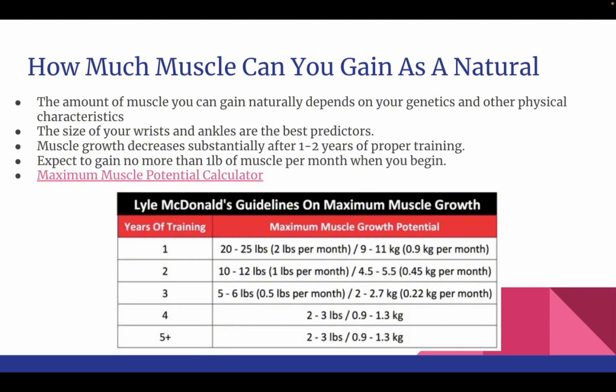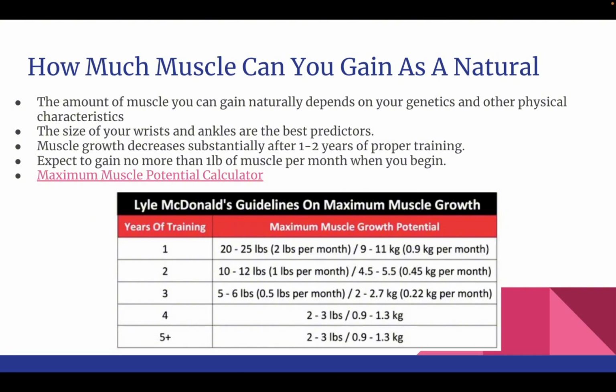Technically, it says right here, according to these guidelines, that you can put on 2 pounds of muscle per month, and that's absolutely correct. However, it's not taking into account how unlikely that will be for a beginner, because again, it takes into account proper training with really good genetics. So 2 pounds is the most you can put on with really good genetics, unless you have superior genetics. Just think about some freak in the NFL or some freak wrestler or some freak NBA athlete. But you're most likely not a freak athlete, and there's nothing wrong with that. It's just how it is.